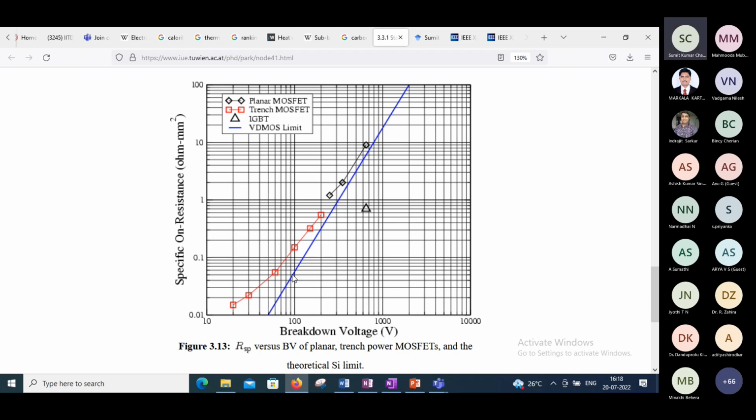Now, if we take 1000 volt, which is 10 times higher, we see that the forward drop, for the same chip area, is more than 100 times. Breakdown voltage is 10 times higher, blocking voltage is 10 times higher. And for the same chip area, the resistance is 100 times higher at minimum, 100 or 200 times higher.